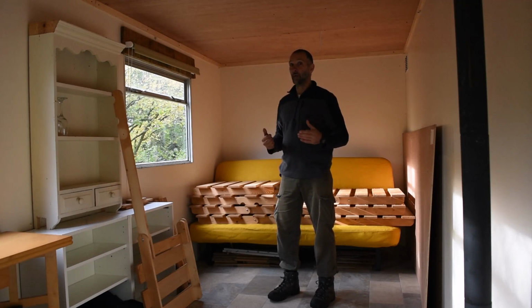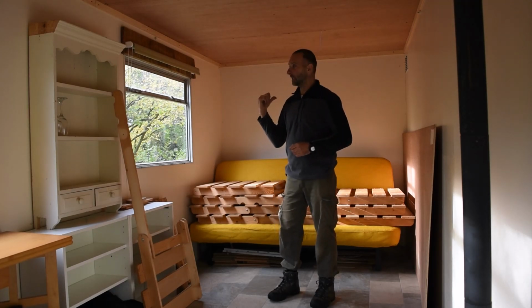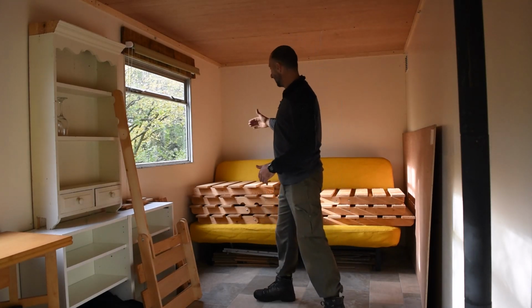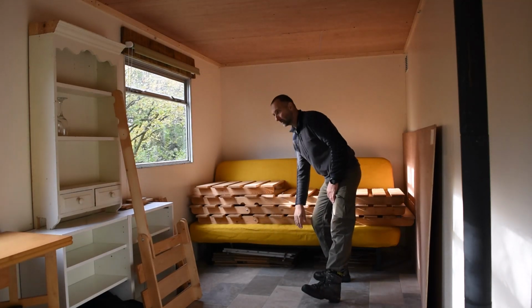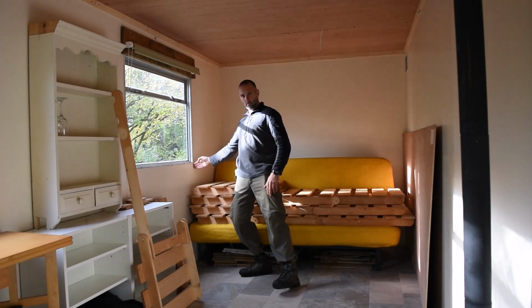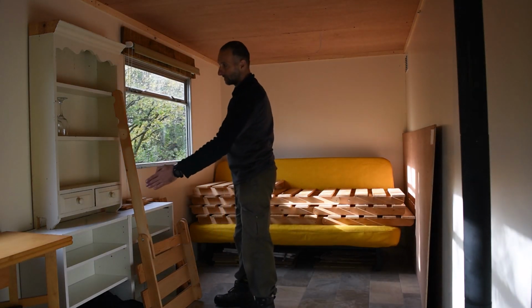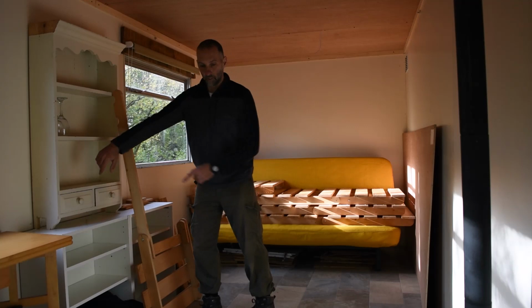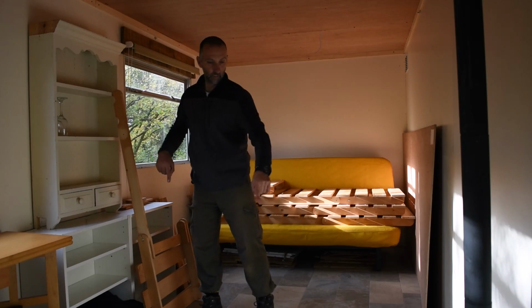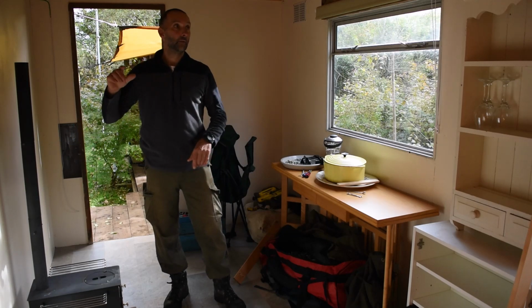So that's a huge upgrade: 2 really friendly people sleeping in there versus a family of 4 in here. This area over here, the IKEA sofa bed will come up from this point where the window is. That's where the bunks are going to end. It's going to come to about here somewhere, and then there will be a little L-shapey kitchen piece. Obviously the stove is going in here, and unlike